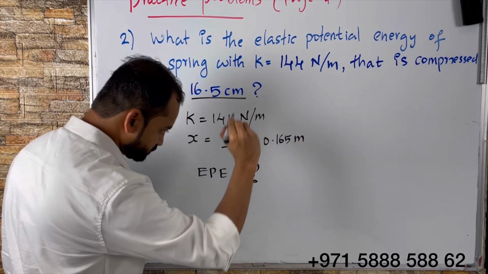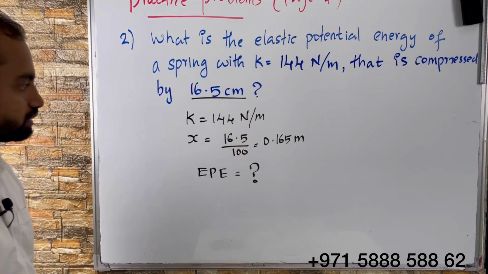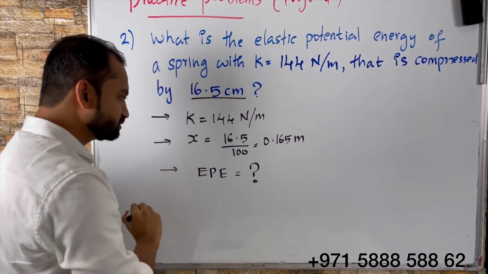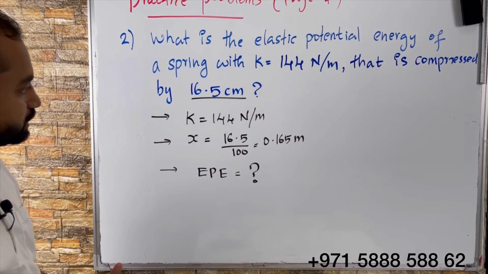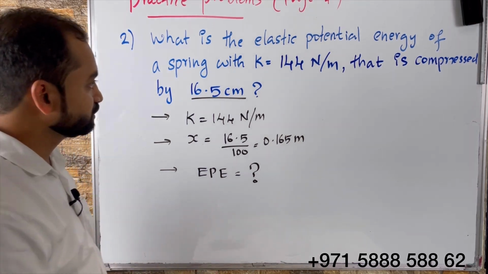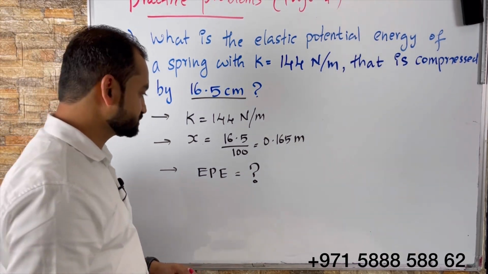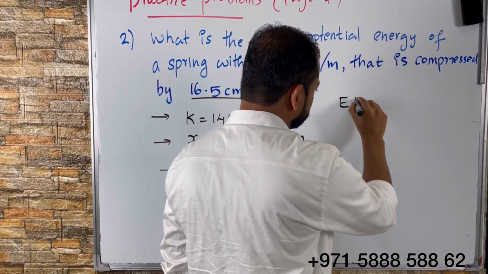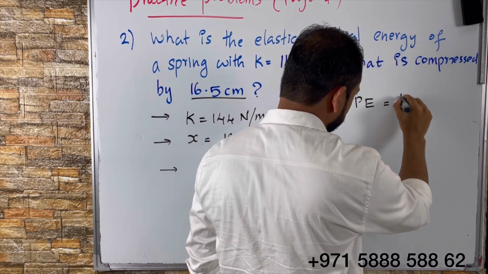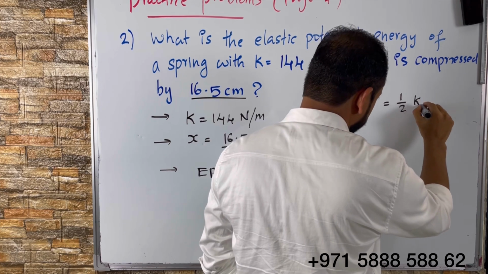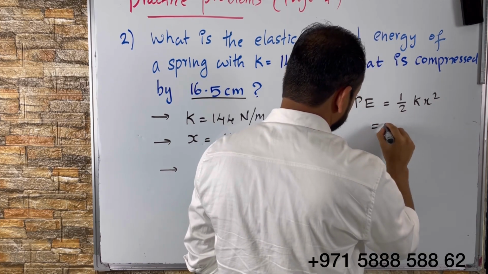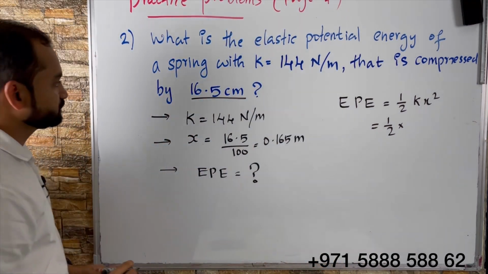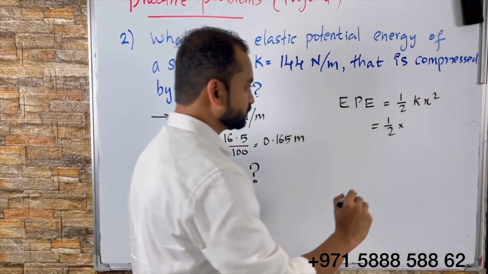Elastic potential energy, big question mark. You need to calculate that. So look for an equation that connects all the three. Learn the equation by heart. No need to ask will the equation be given in the exam. So you can remember the equation: elastic potential energy is equal to half kx squared. So half multiplied k, the value of spring constant. How much? The value of spring constant is 144